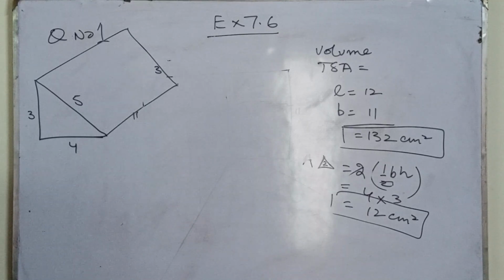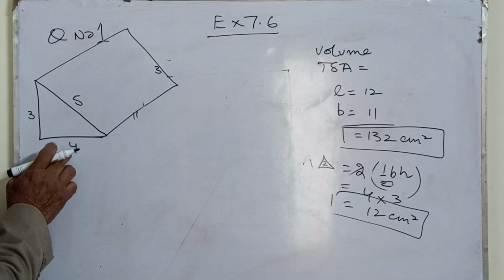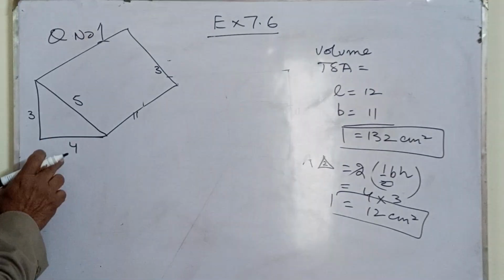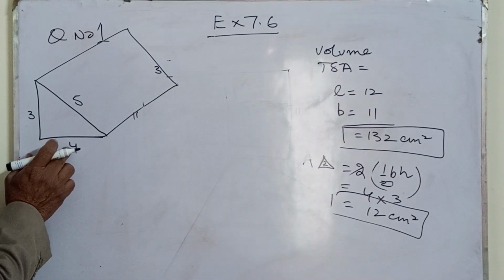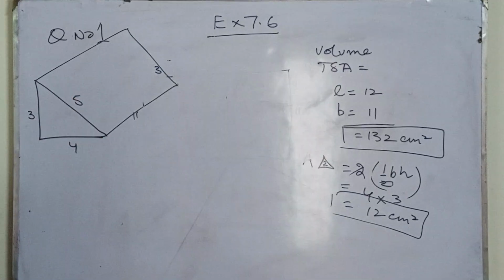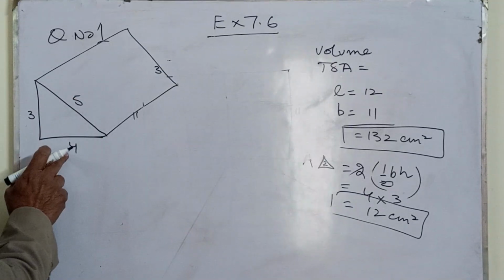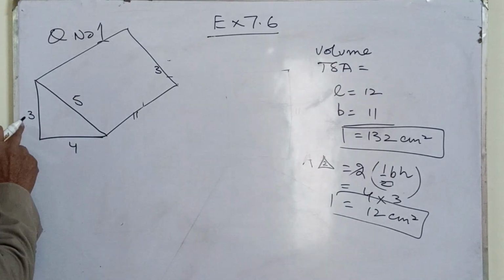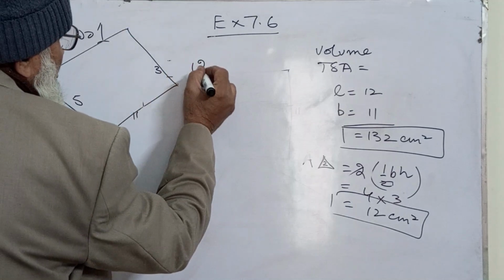Now what do we do for the volume? For the volume, I told you, we'll be taking the perimeter. What is the perimeter of this? This is 7 and 5, 12. And